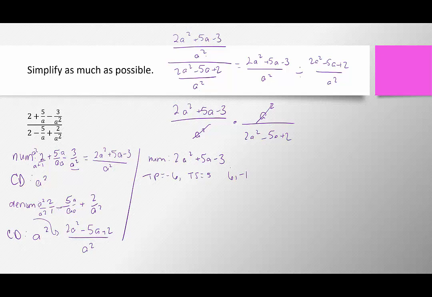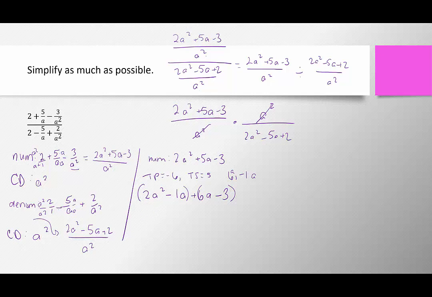So we're going to replace 5a with 6a and minus 1a. This would be 2a squared minus 1a plus 6a minus 3. And I always like putting that negative first if I have the choice. So that's why I opted for the minus a before the 6a. Now we have four terms. We can factor by grouping. The greatest common factor of the first two terms will be